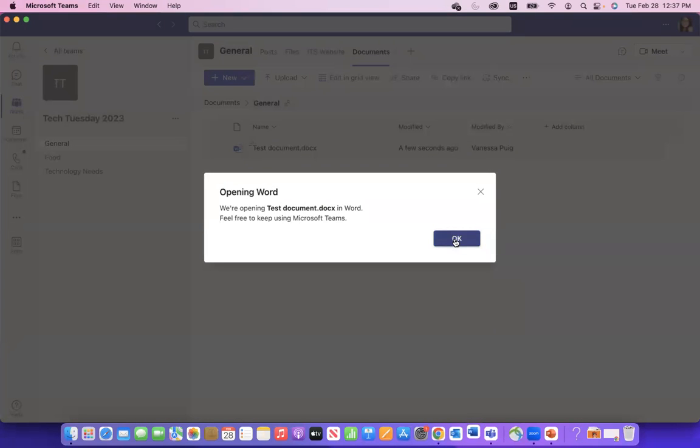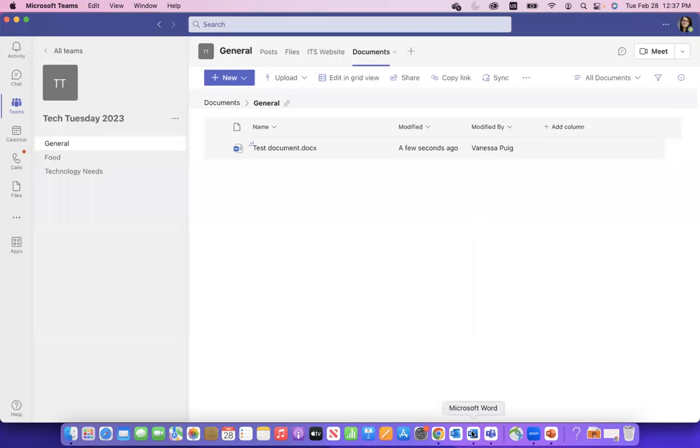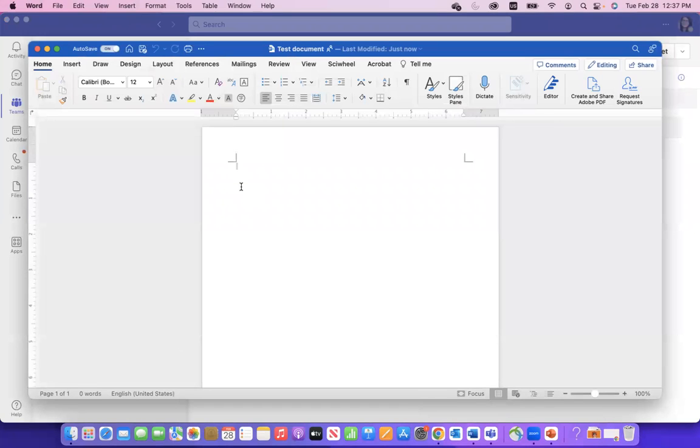And this will be shared with anybody in the team. So right now, it's opening my Word application. Again, we've talked heavily about integration. And there it is. All right. And I can say, hello, testing. And then it's saving automatically into that SharePoint site. So I don't have to worry that I'll accidentally close it and lose all the information. And Raphael should have access to it, and he can collaborate on this if he wants.